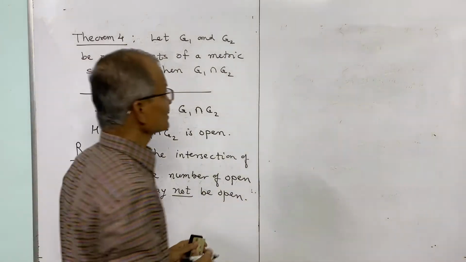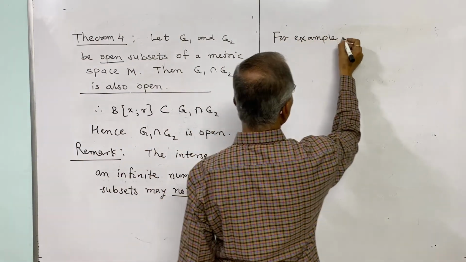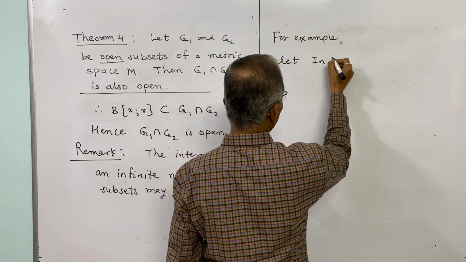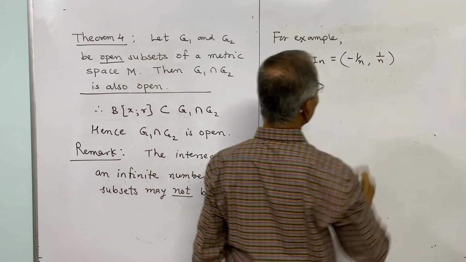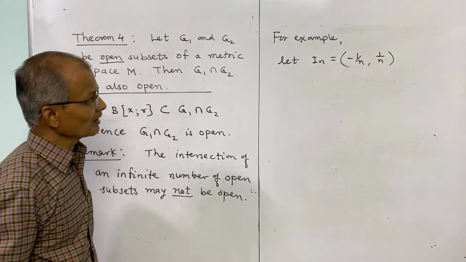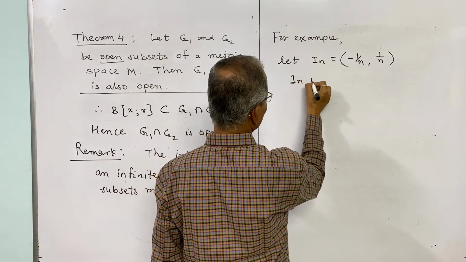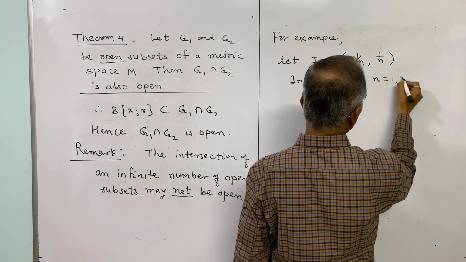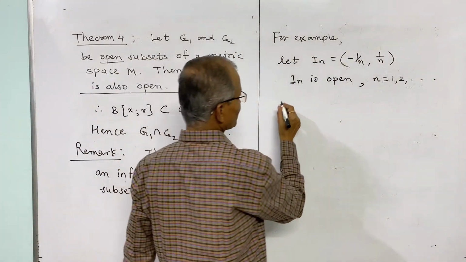For example, we will consider this example. Let In be this set: In is equal to the interval minus 1 by n, 1 by n. Then this is open. It is an open interval and therefore open. In is open, n belongs to 1, 2, 3, etc. Every open interval in R1 is open. But